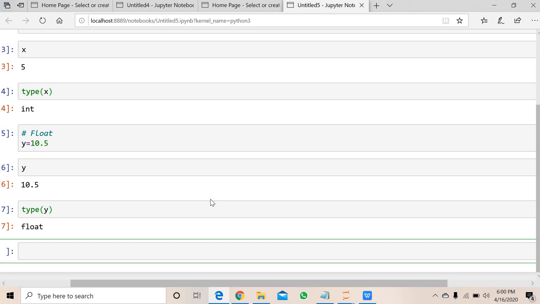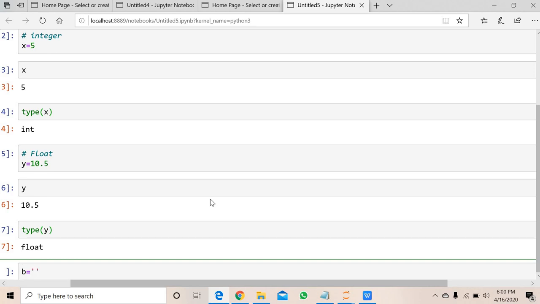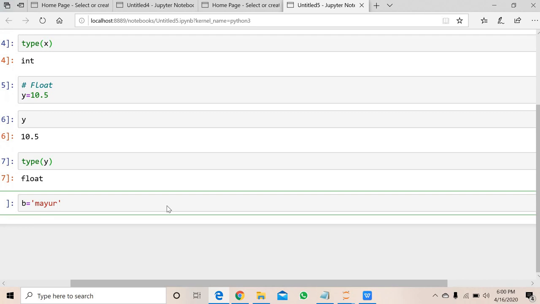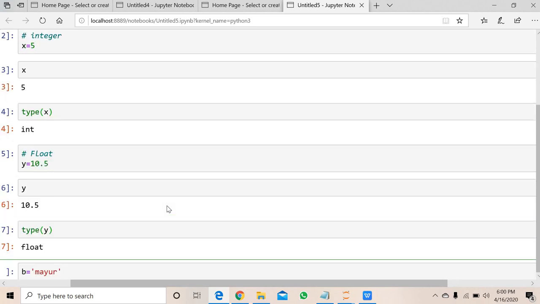Then the third one is the string variable. We will assign a value to p. One thing, in the string variable, the value or any string value will be in single inverted commas or double inverted commas.